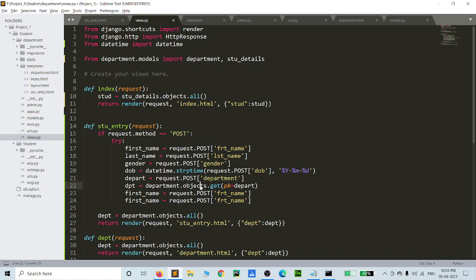Then the next point is we fetch the department id. In this line we get the department id and store the value in dpt. The last one is you store the address.